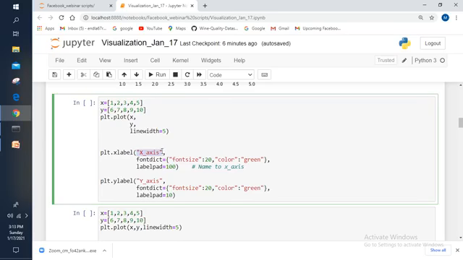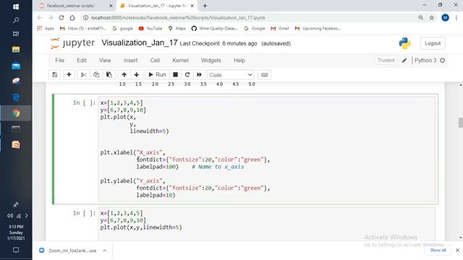Then automatically the name will be given to the x-axis, right? And in the same way for the ylabel as well, whatever name you want to give to the y-axis, you need to use this ylabel function and specify it.